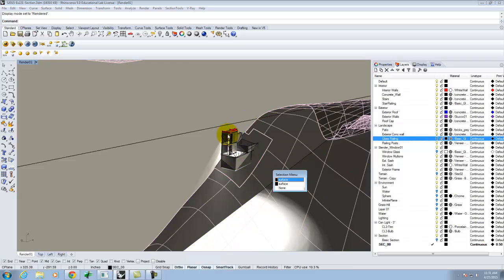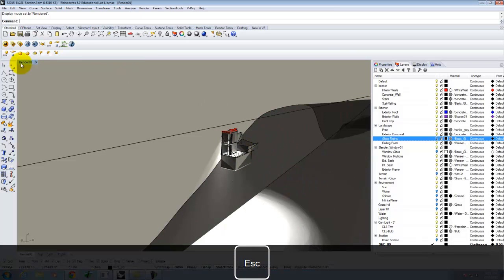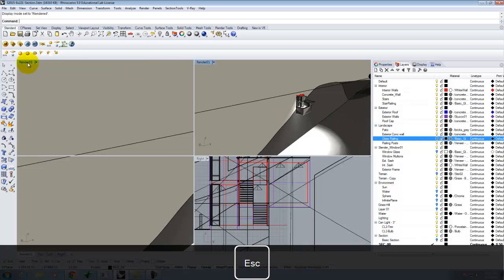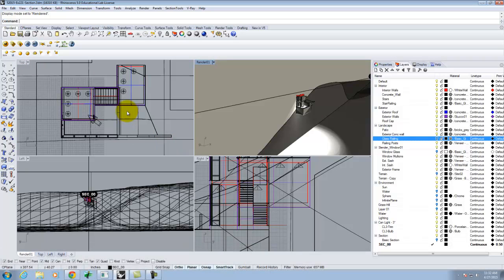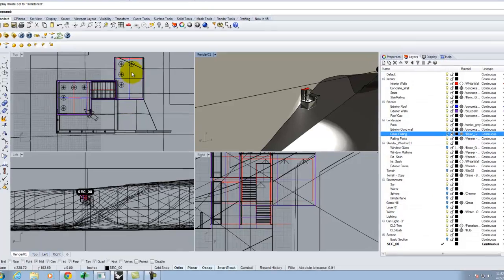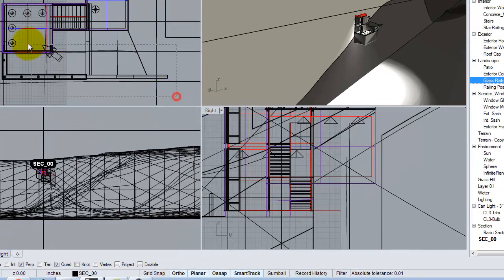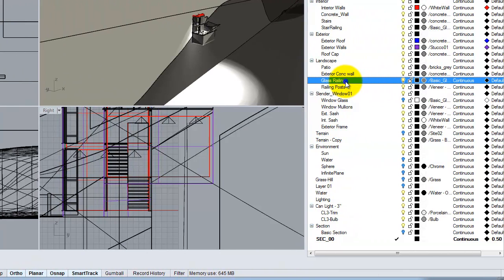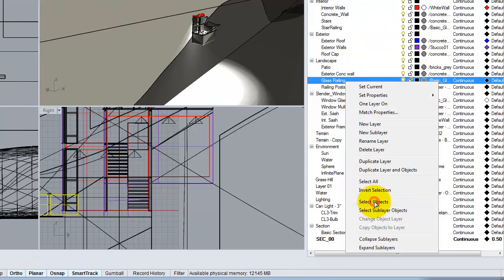It's kind of transparent-ish by Rhino for right now. Okay? So I'm going to go back. And if I were to render this as it is right now, right, the glass would still show up as reflective. So I'm not quite there, right? I have floating panes of glass in my render. So I'm going to go back and let me turn back on those two layers, the glass railing, right? And actually, I'm going to right-click on it and say Select Objects, which is going to